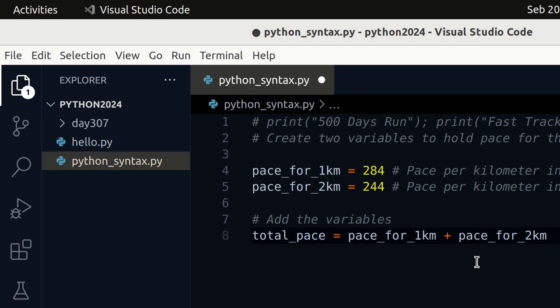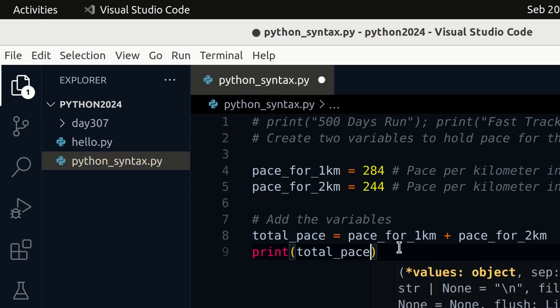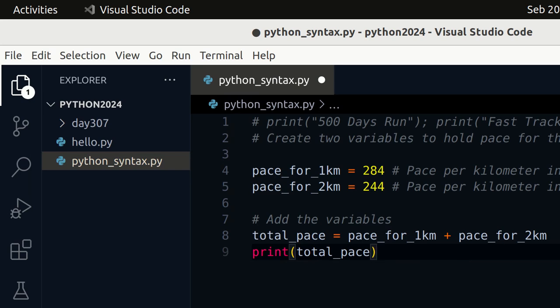So eventually we can print the total pace. When we run this code, we are able to get 528 seconds. So the code is correctly printing 528 seconds when we run it.